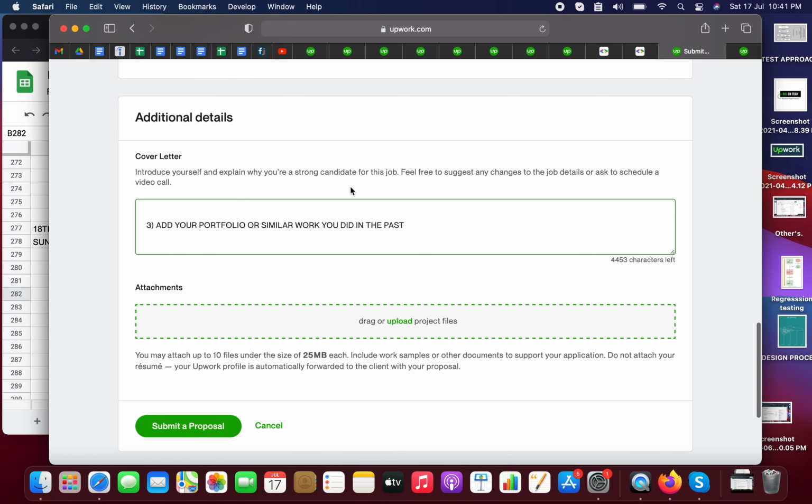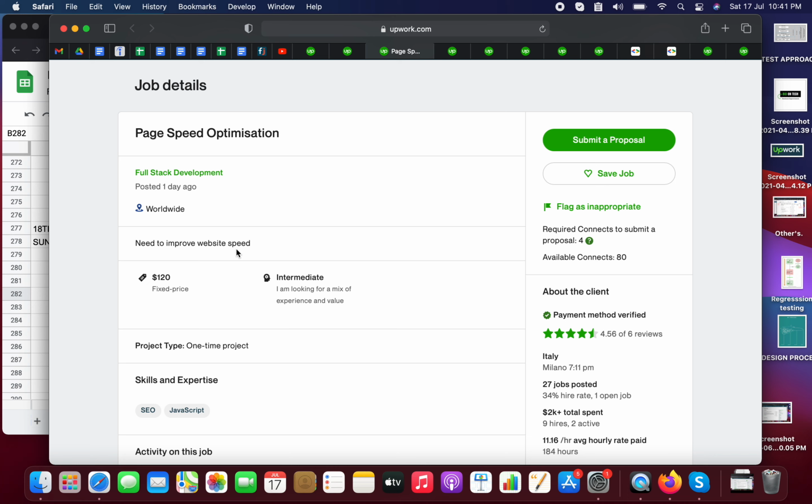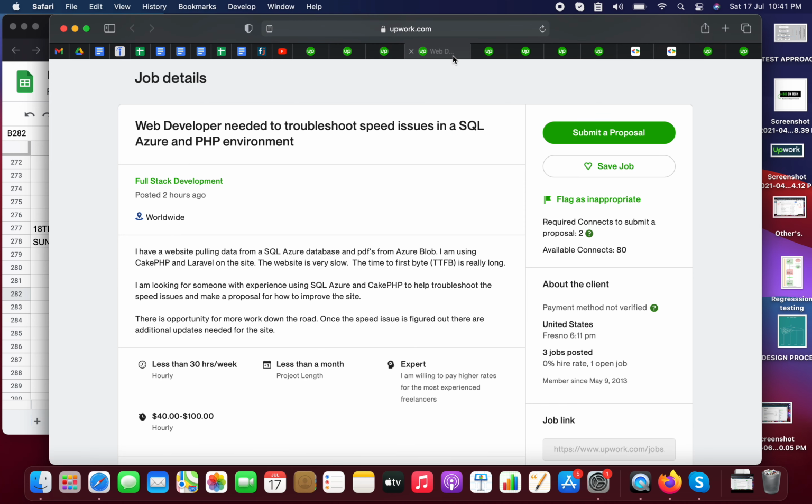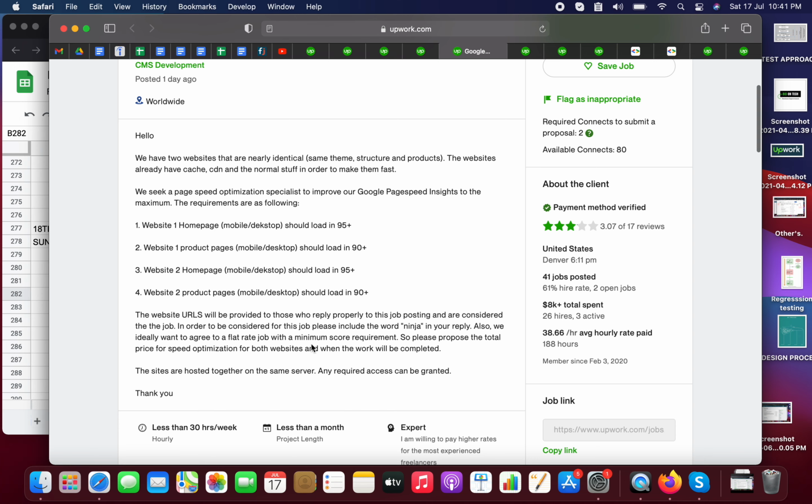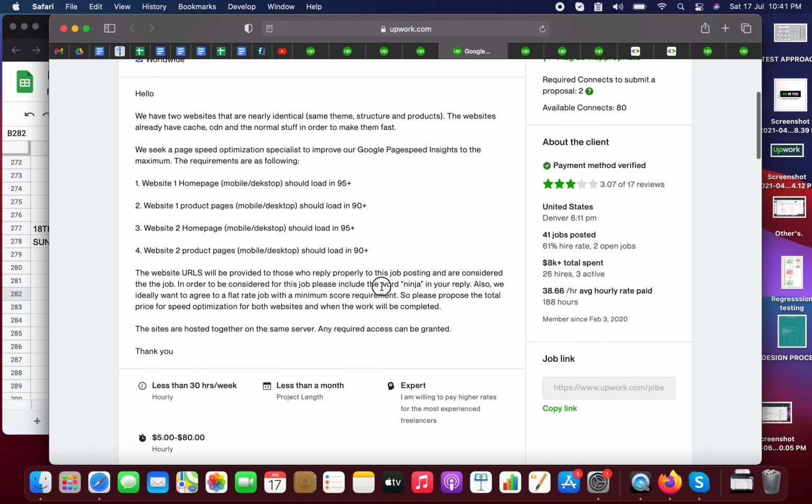So now here you can see there are different job details. Here the first one is simple. The client didn't mention a website link, and didn't share any attachment with the job description. So you can write the description as per the job details. In these jobs, some description is added by the client. Here it's a long description, and here you can see